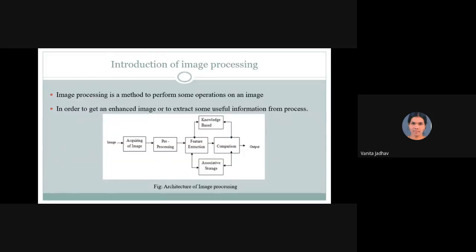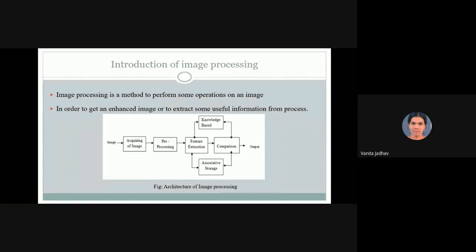Actually, ma'am, I will give one real-time example of image processing. Let's take one image that is captured by one camera. That is one water drop on a leaf.